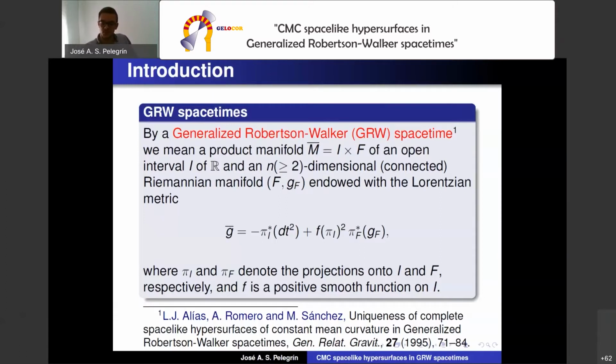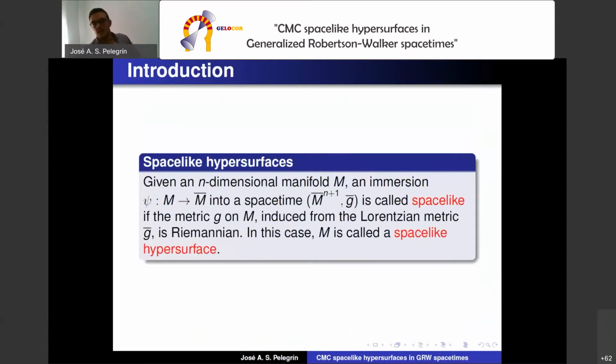This family of spacetimes was introduced by Alias, Romero, and Sanchez to extend the classical Robertson-Walker models. Therefore, they include several well-known spacetimes, such as, of course, Lorentz-Minkowski, Einstein-de Sitter, and the steady-state spacetimes, for instance. And the objects that we will study in these spacetimes will be the